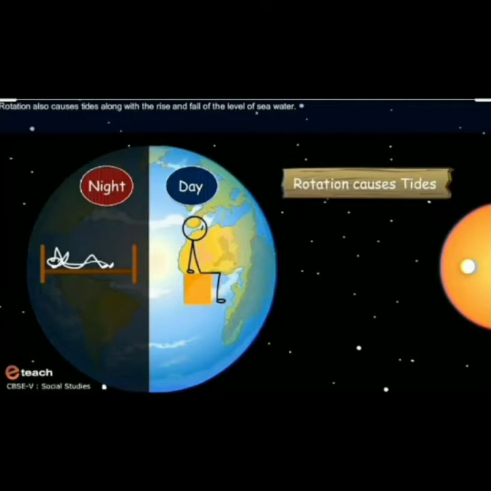Motion of the Earth and its movement is completely related with the complete information about our Earth, how it moves, towards which direction the sun rises, and many more things which are related with the topic. The Earth is moving all the time, and the Earth shows two types of motions or movements, namely rotation and revolution.